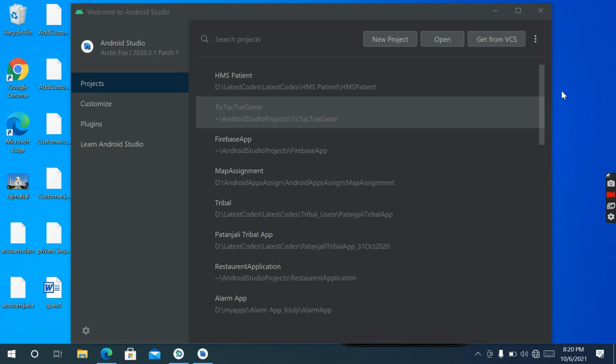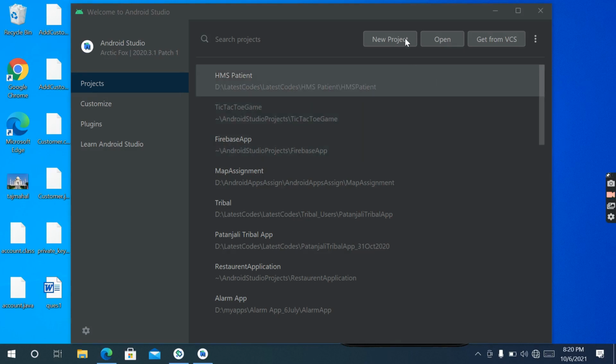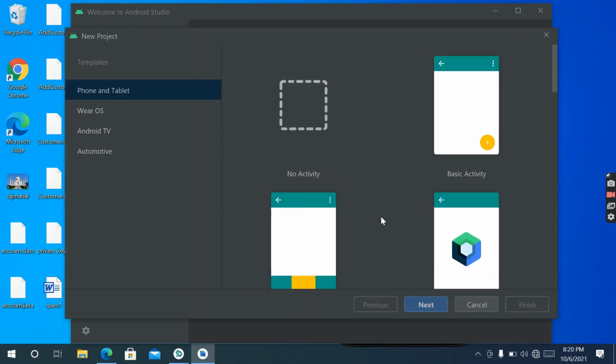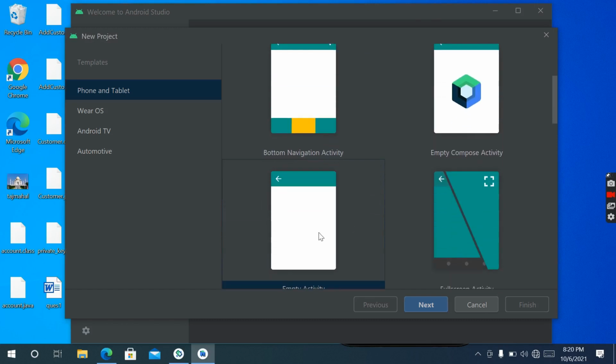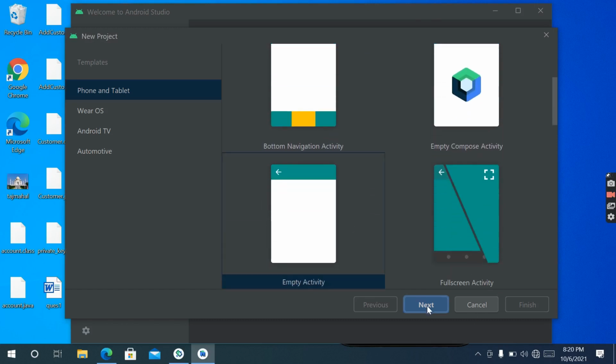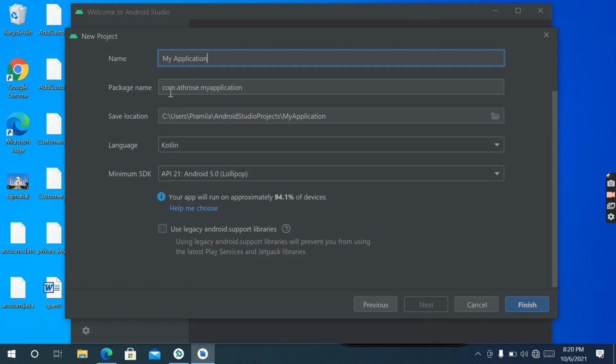In this course, we are going to develop Tic Tac Toe Game. So let's create a new project by clicking New Project button and choose Empty Activity. Click on Next button, your project name,